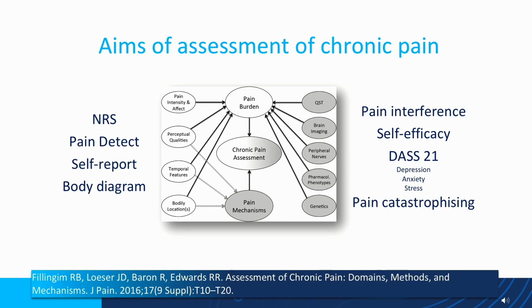So these are the things you're thinking about when you're making an initial assessment of somebody with pain. So coming back to the assessment, you want to assess the pain, which I'll come to in a couple more slides, but effectively you want to find out the pain score. You want to find out, is the pain neuropathic? Is it nociceptive? Where is it on the body? What does it feel like? When does it come? When does it go? So we'll come to that in a couple more slides, but you want to understand the pain, and then you understand the person with the pain.